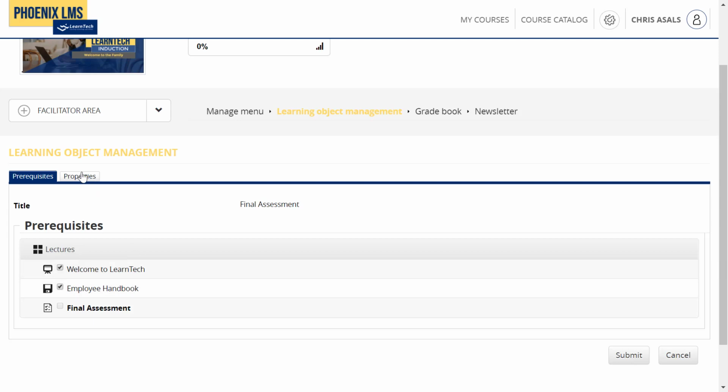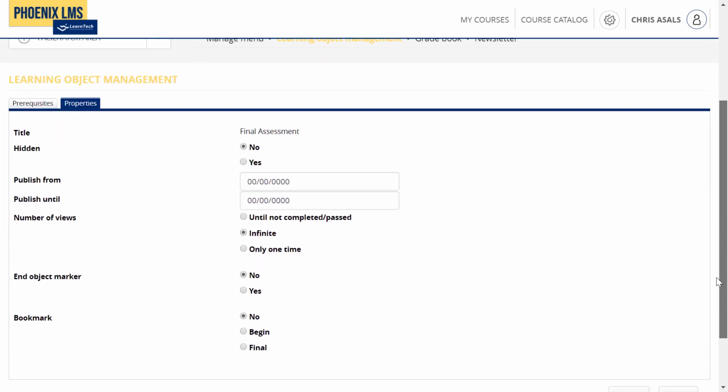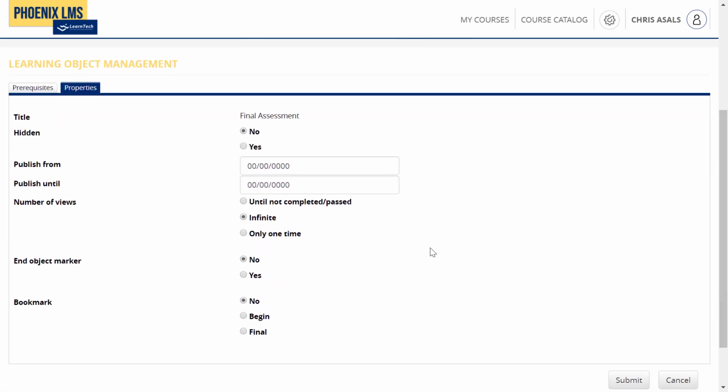While I'm here, I'm going to select my properties. Now I'm going to set the assessment as the end object marker. What the end object marker does, I'm just going to say yes. What the end object marker does means that when you've completed this learning object, that's when it tells the LMS that you've completed this entire course. So on successfully passing this assessment, it's going to tell the LMS this person has finished the course,